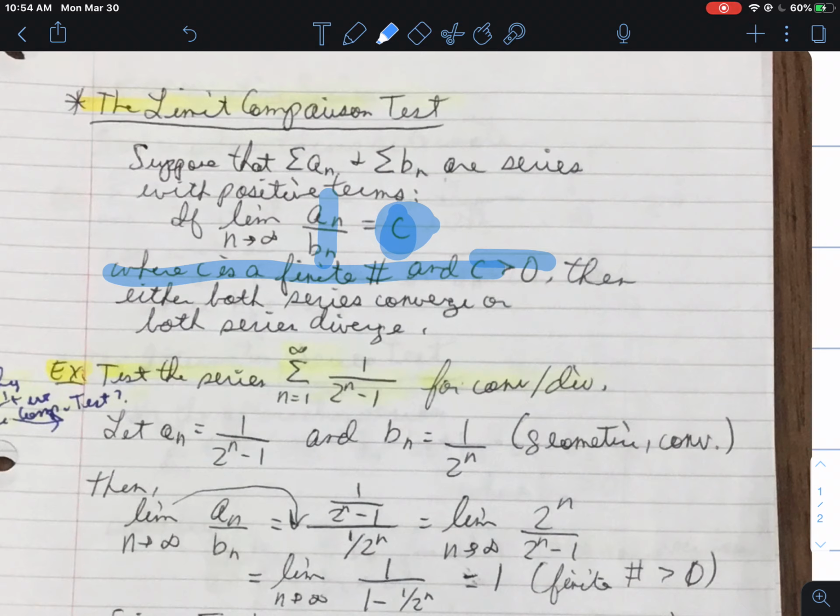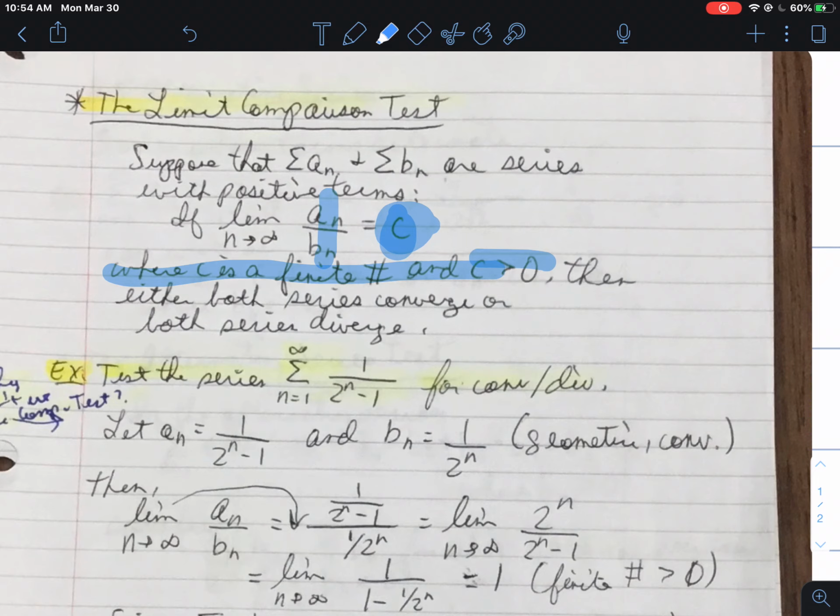Bottom line is, though, if I look at the limit of the ratio of the terms of our series compared to the terms of a known series. If I get a positive constant when I evaluate that limit, then either both series converge or both series diverge. And that's again why you have to know convergence or divergence of the series you're comparing it to. It doesn't do me any good to compare it to a series that I don't know whether it converges or